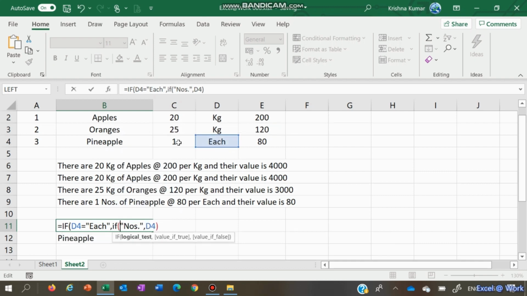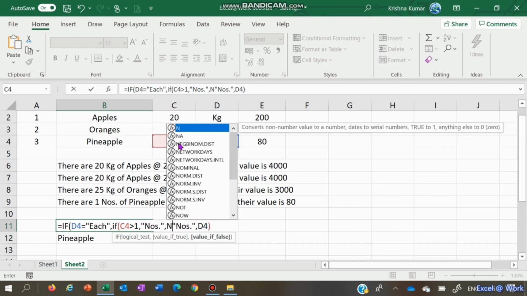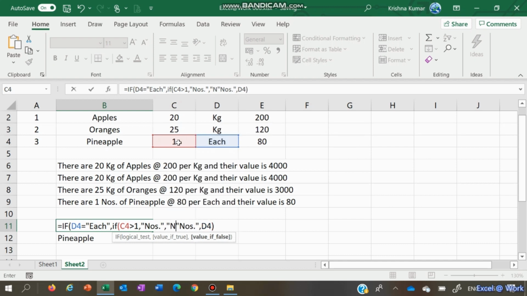We tell if this C4 is more than 1, then say it is numbers. If not, it will just be a number in quotes. Close the bracket. So this numbers was substituted by this nested IF. So we can remove this one. So if it is D4, do this one. If not, it will remain still D4.